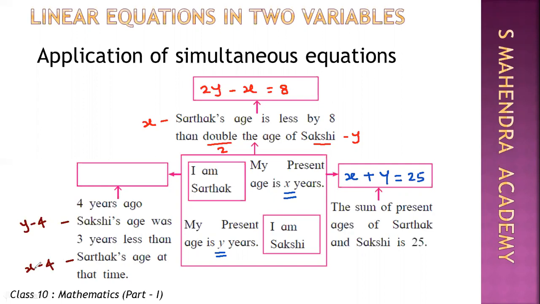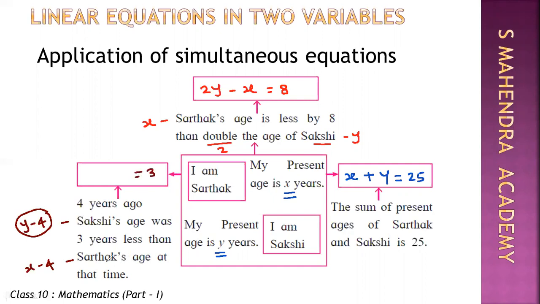So the condition is that 4 years ago Sakshi's age, this quantity, was 3 less, means the difference is 3,